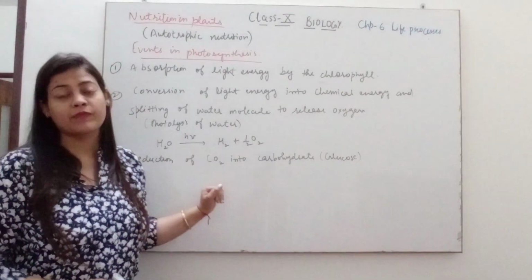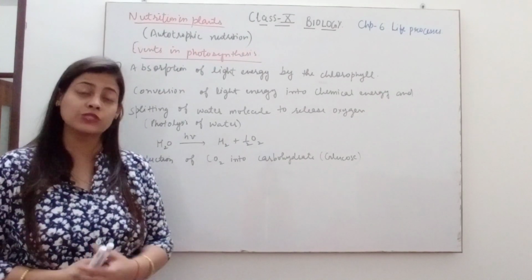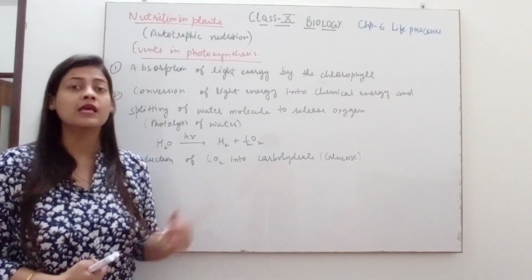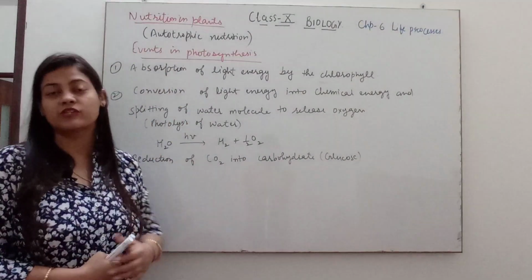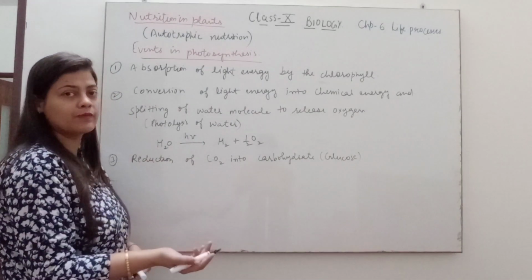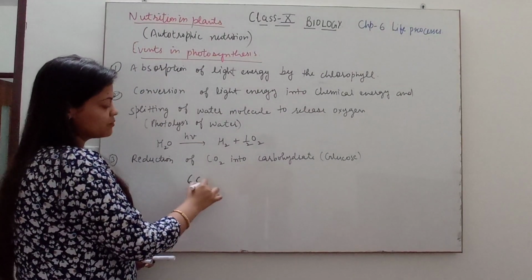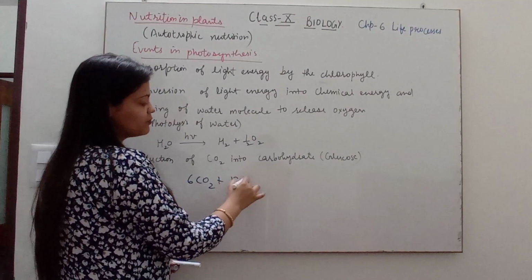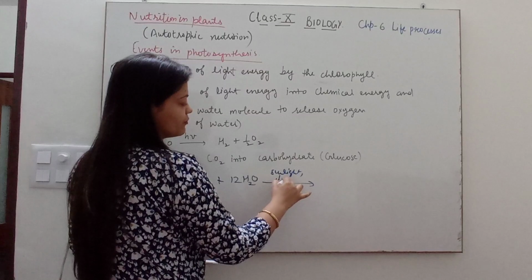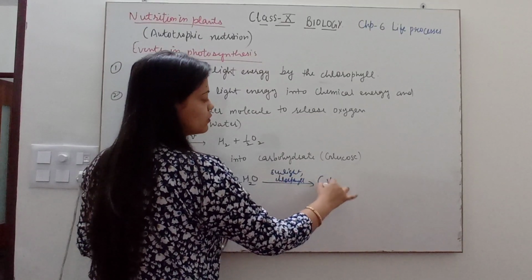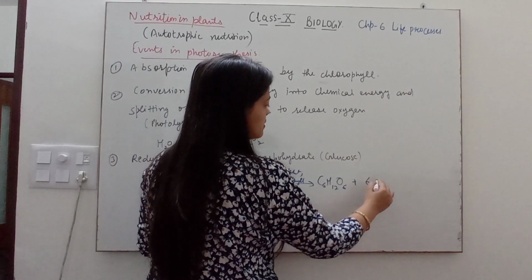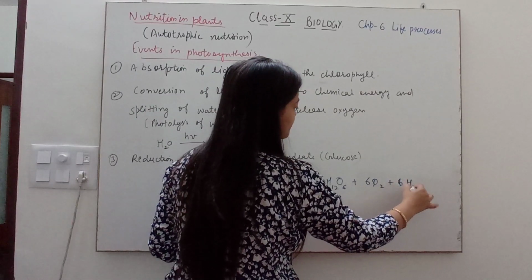After discussing the various activities related to photosynthesis, in which we discussed the requirements, or the raw materials required for photosynthesis, now we will see what events actually take place in photosynthesis. So let us first recall the reaction of photosynthesis. Do you remember the reaction? It is 6 molecules of carbon dioxide plus 12 molecules of water, in the presence of sunlight and chlorophyll, will form glucose plus 6 molecules of oxygen and 6 molecules of water again.